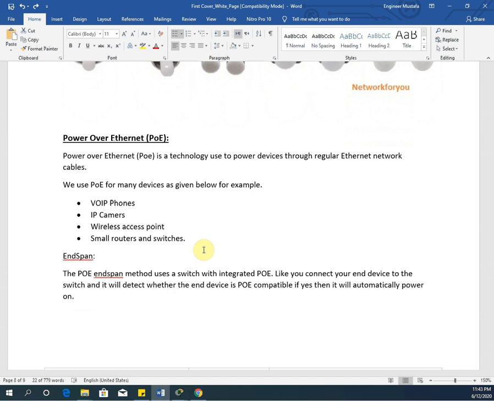We cannot do that. It is a small power for small devices. Like if you go to the parking slot, you have the CCTV camera. We did not supply the power, we just connect it to the Ethernet and it is working.